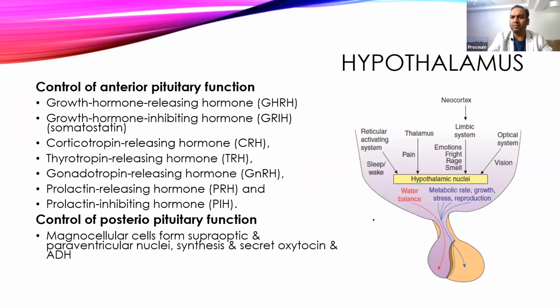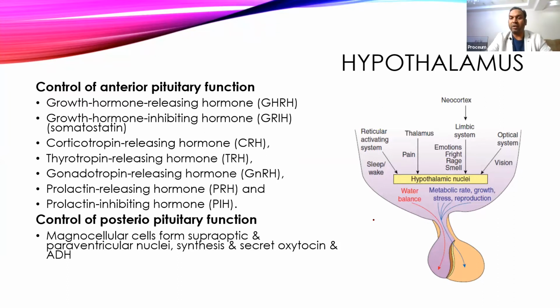Then come to the role of the hypothalamus in the endocrine system. The hypothalamus releases various hormones which affect the functioning of both the anterior pituitary and posterior pituitary. First, it receives inputs from various parts of the body like the reticular activating system, thalamus, neocortex, sensory cortex, then